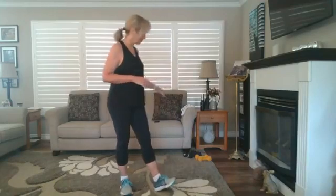Welcome to 30-minute Buns and Guns. You've got lots of space for your movement side to side, forward and back. You've got some hand weights to add intensity if you choose, and